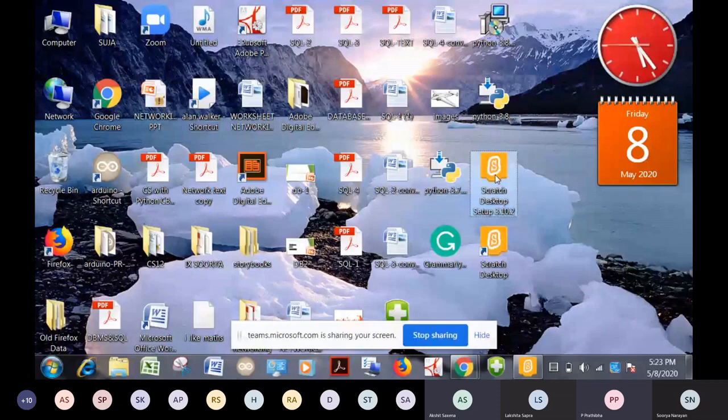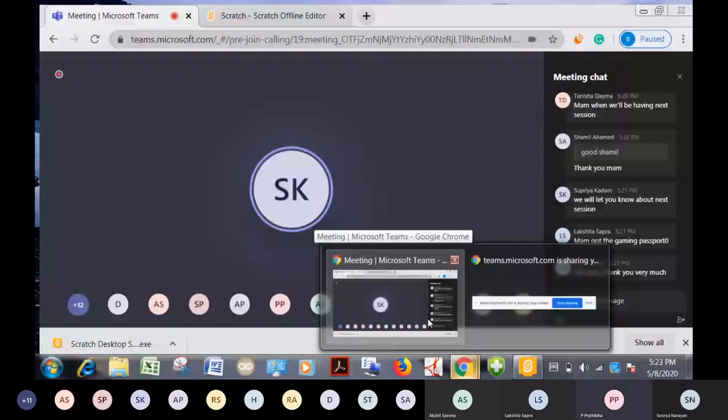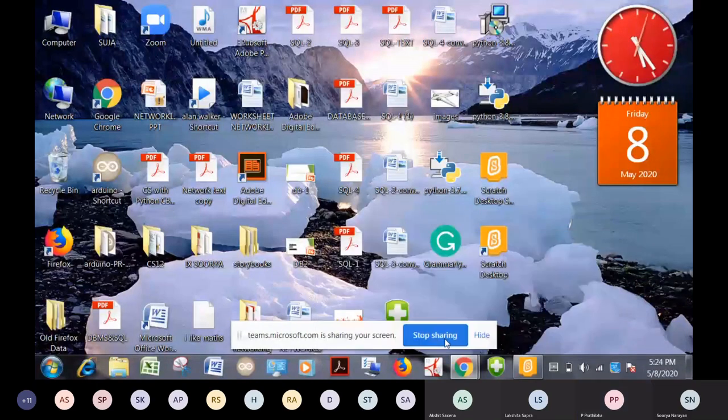You have downloaded the offline editor. Not necessarily, ma'am, it has to be Scratch 3.10.2. You have to make sure that it supports your operating system also. Mine is Windows 7. So will it work on that?